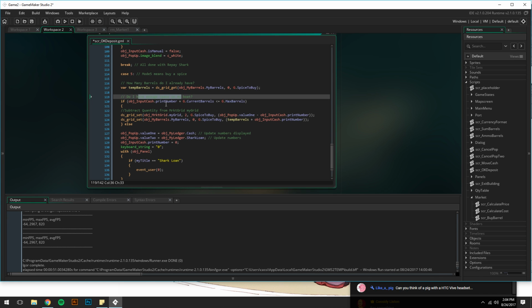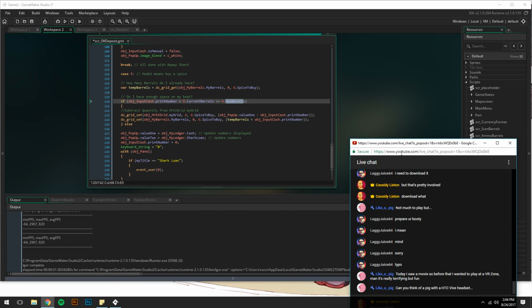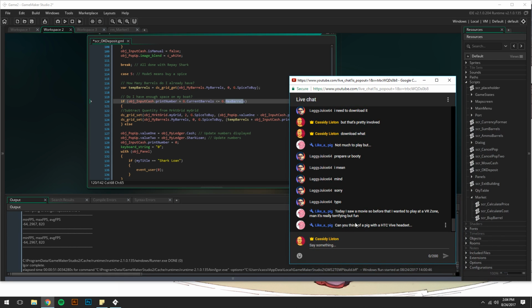So, input cache plus current barrels, which is like all of the barrels on the boat. And as long as that's less than the maximum capacity,